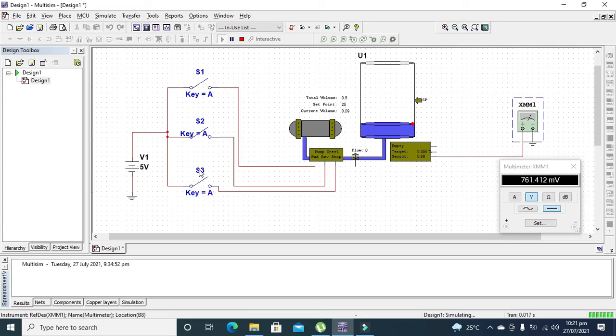Now we need to reverse the process. We will click on reverse. Now you can see that the readings on the multimeter are also decaying a bit with the passage of time, because our tank's volume is gradually decreasing.